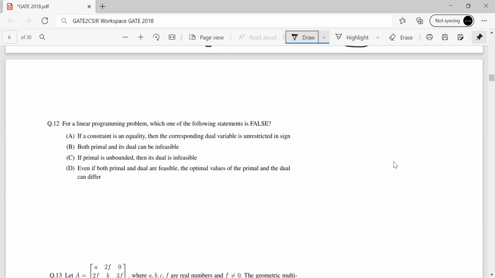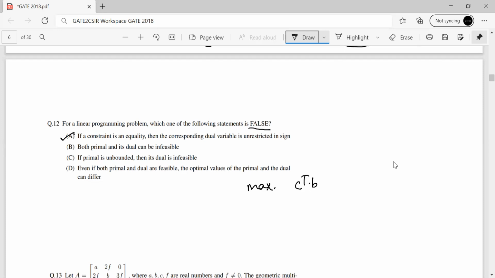And now, for a linear programming problem, which one of the following statements is false? Okay, they are asking which of the following is false. Now see, if a constraint is an equality, then the corresponding dual variable is unrestricted in sign. That is correct. Okay, so that means suppose you get a problem, let's say maximize